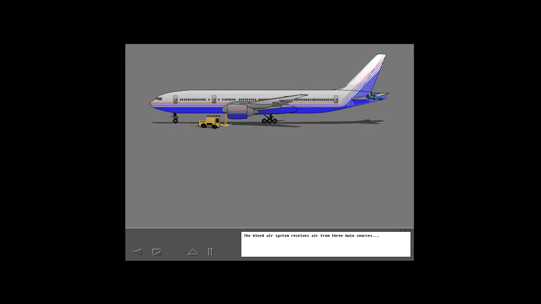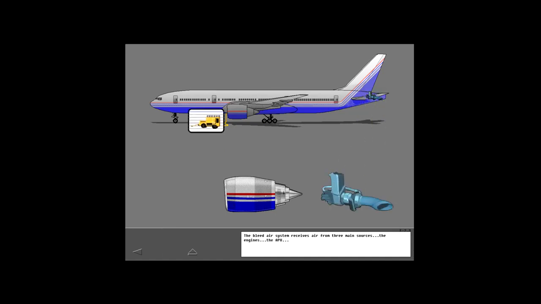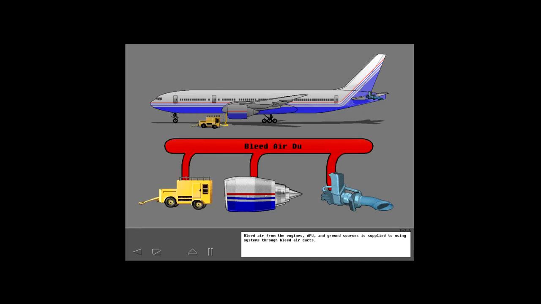The system receives air from three main sources: the engines, the APU, and ground pneumatic sources. Bleed air from the engines, APU, and ground sources is supplied to using systems through bleed